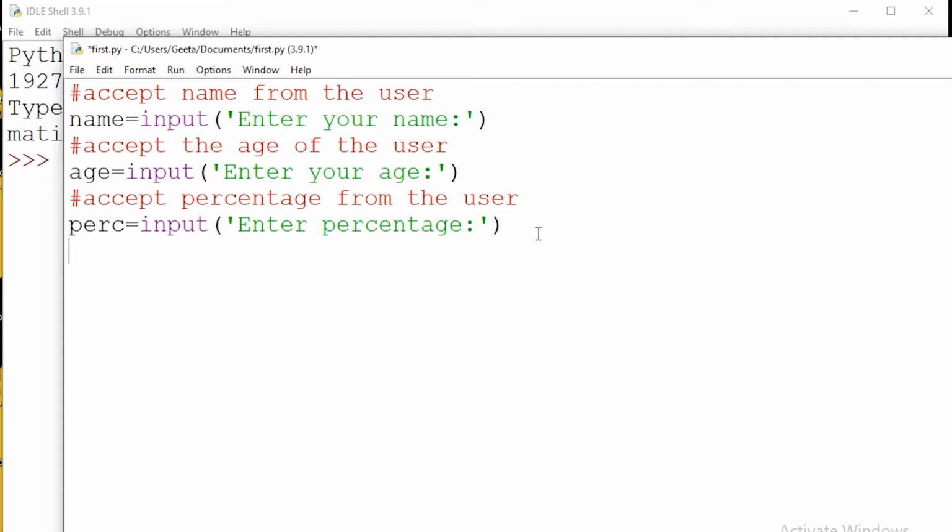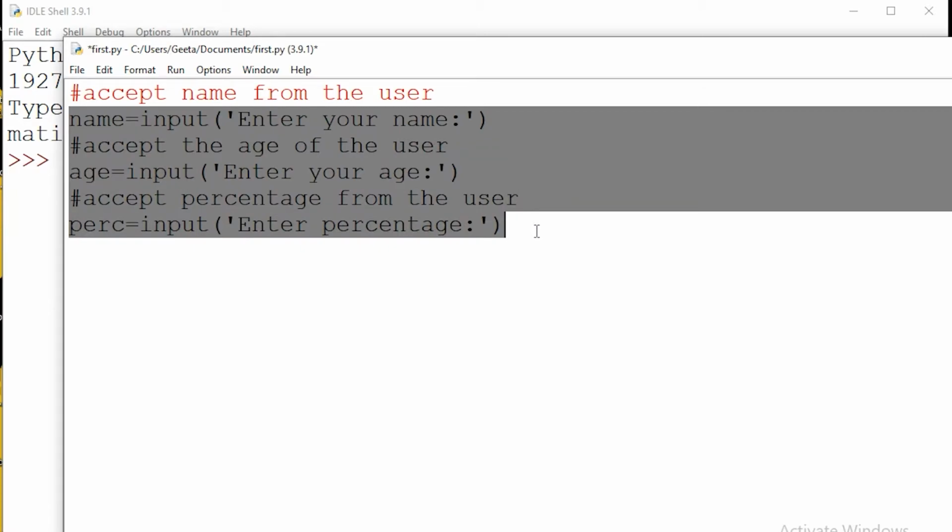As we know, a program comprises a set of instructions to perform a task. So this file, first.py, is my first program that comprises all these instructions to perform a task that prompts the user to enter his name, his age, and percentage.